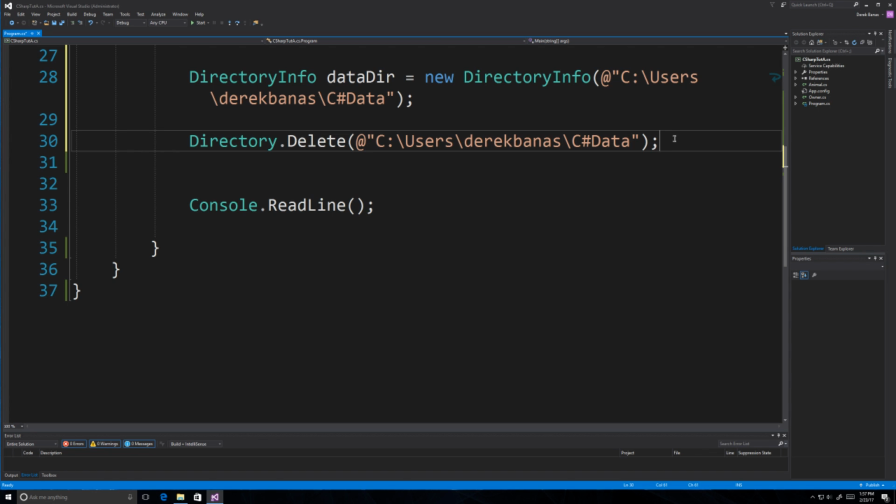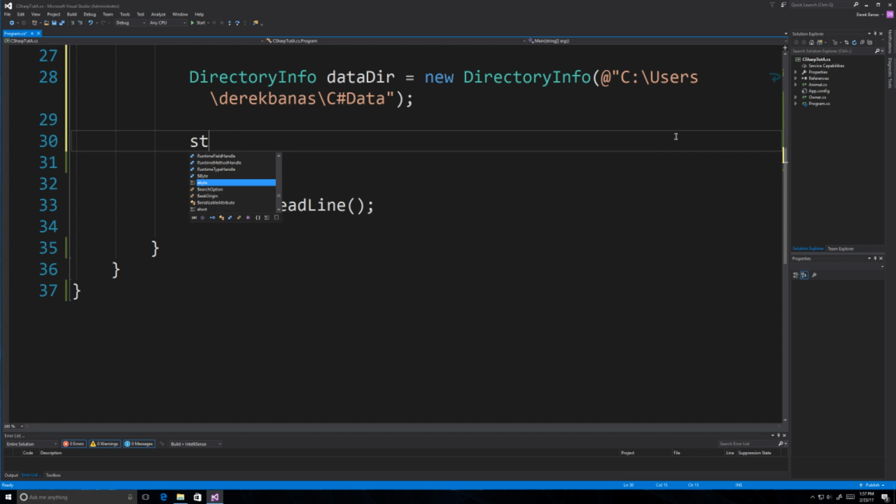All right. And up next, I'm going to get rid of this actually, because I want to use this directory in my other examples that I cover here. I'm going to show you a very simple way to read and write files. So what we're going to do is create a string array here, and I'm going to write